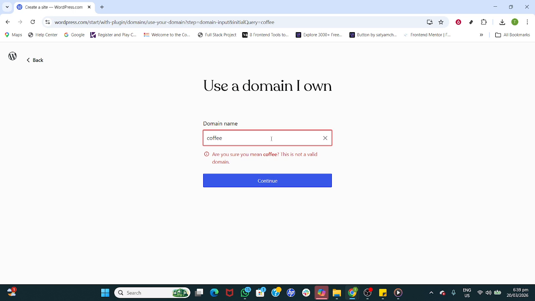WordPress.com will finalize the setup behind the scenes and prepare your site with the Fonts plugin included. That's all you need to do for this first part. You've found the right plugin, verified its details, and started the setup on the correct site and domain. In Part 2, we'll jump into customizing your typography, selecting fonts, and applying them to headings and body text for a polished, consistent look across your site. For now,